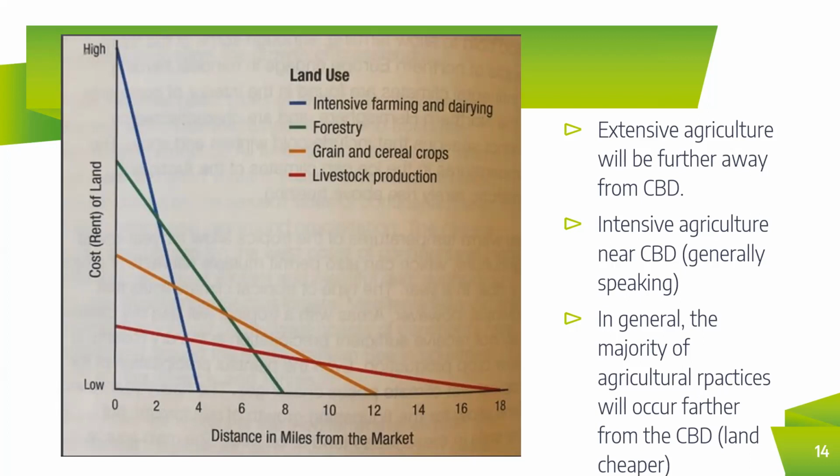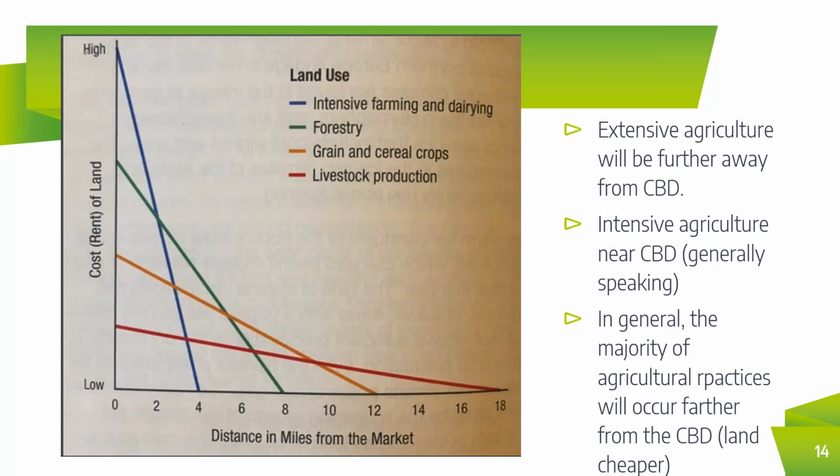The bid rent theory is going to explain whether or not land is going to be used either intensively or extensively. So in this case, the farther away you are from the CBD or the market, you're going to most likely practice extensive agriculture, because you're going to need a greater amount of land. And if you're thinking about transportation costs, with extensive agriculture, you're most likely going to be growing, say, grains, cereal crops. Those can be easily stored, and those can be transported easily, so you don't need to